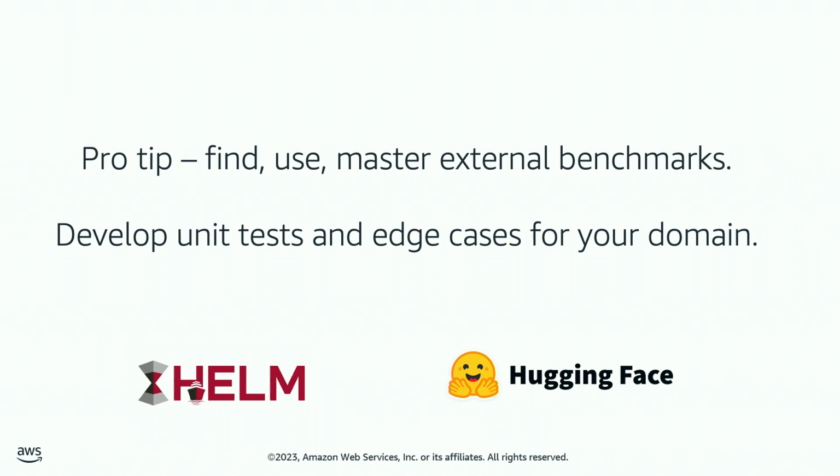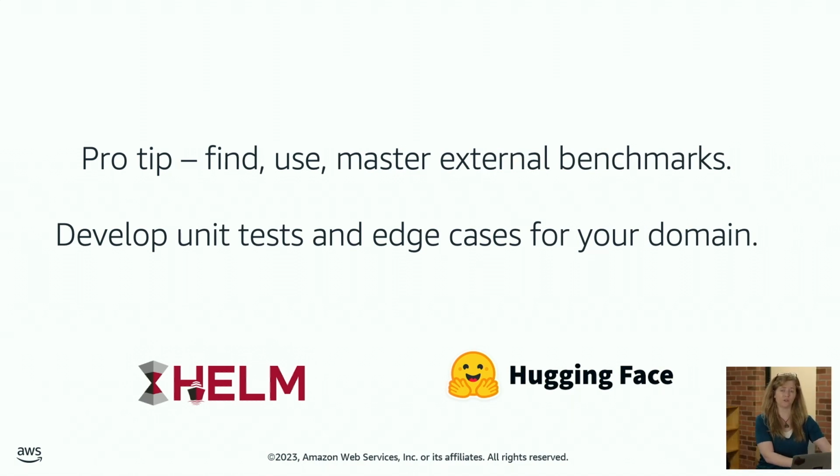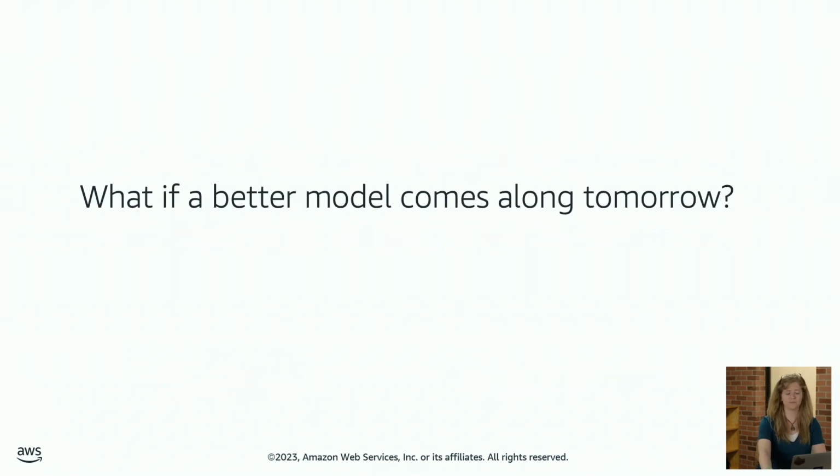I need to see summarization at this standard, or I need to see classification at this standard, translation at this standard. And then once you have your own library of prompts, that becomes your source of truth. Then eventually that becomes much more powerful than the external benchmarks, because they don't have access to your data. They don't see what you're doing. And so that's ultimately the best way that you can evaluate and then find the best foundation model.